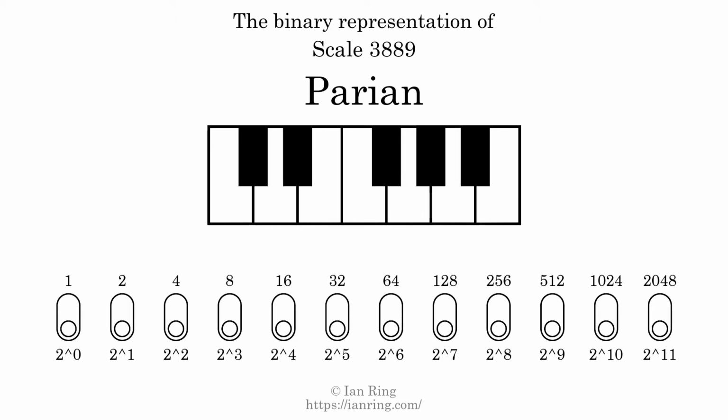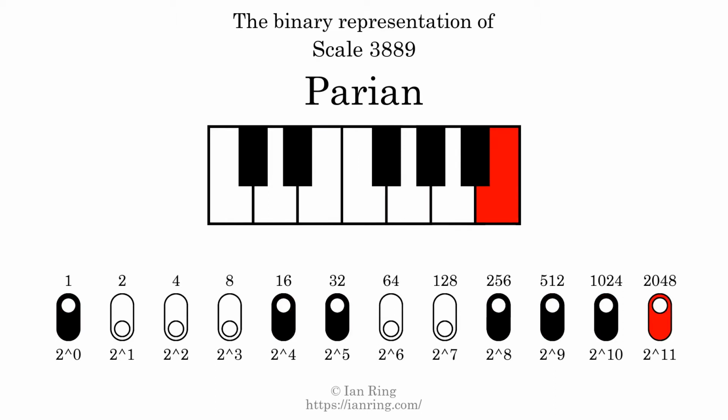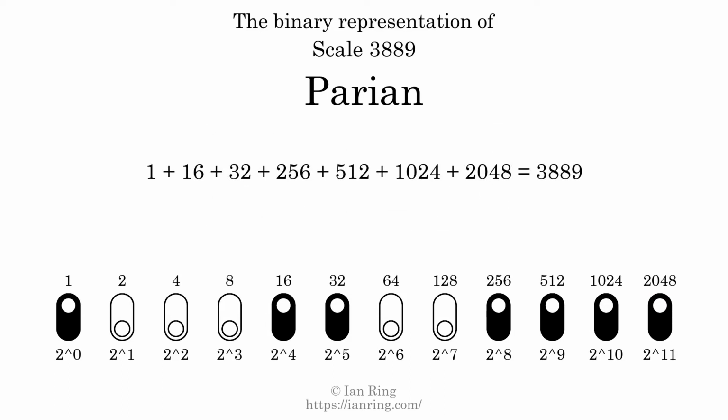The binary representation of this scale is determined by mapping tones of the scale to binary digits. Each binary digit represents a power of 2. To get the scale number, we add the powers of 2 together. The powers of 2 that are present in the scale, all added together, equals 3889. That is why the scale number, in decimal, is